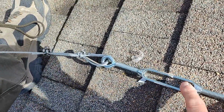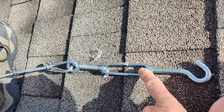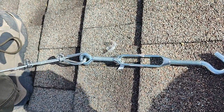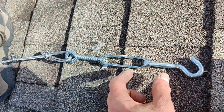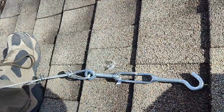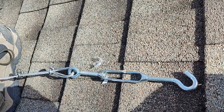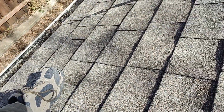So that's one thing I like about these turnbuckles, where you can see the center, is you can tell exactly how much left you have. So you turn each one of these so that you have the maximum amount of opening here, so that when you go to turn the buckle, it'll actually pull in and thread into that. I don't know how familiar most people out there are with turnbuckles, but